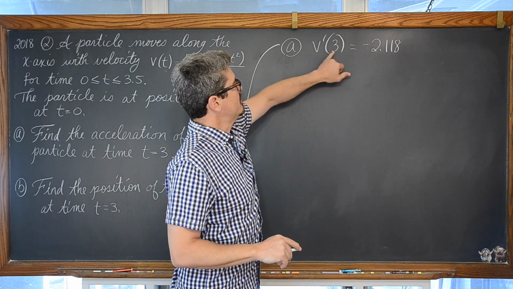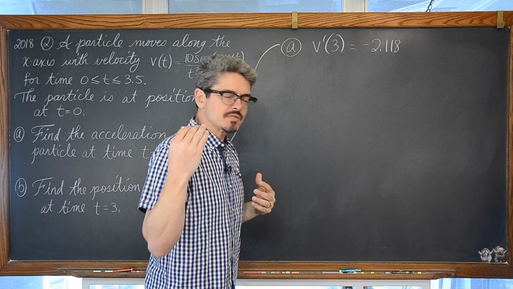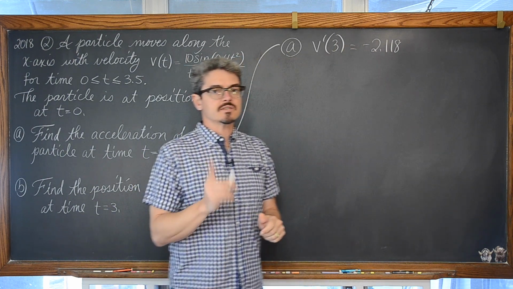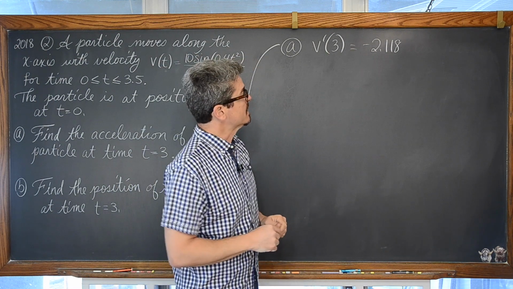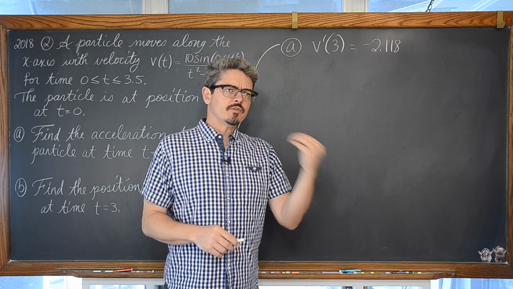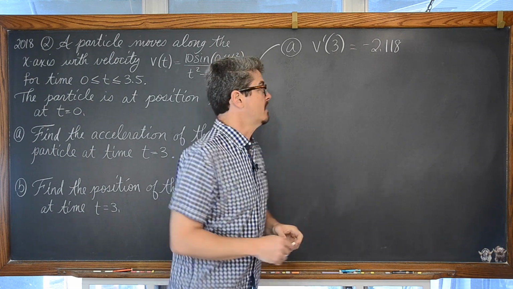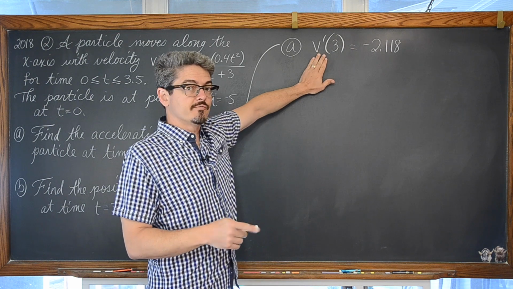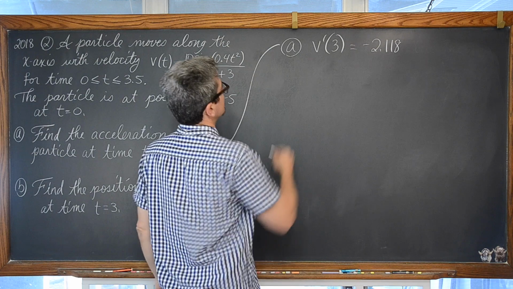if you write v prime of 3 equals a of 3, just making sure it's clear in your head that we're talking about acceleration is equal to negative 2.118, that's fine. But if you just write a of 3 is equal to negative 2.118, you've just introduced a new function name again without explaining where that came from, and they do not like that on the AP test. So if you're going to write a of 3, make sure you write that it's equal to first v prime of 3, though it's not necessary, and I actually recommend that you don't do that.